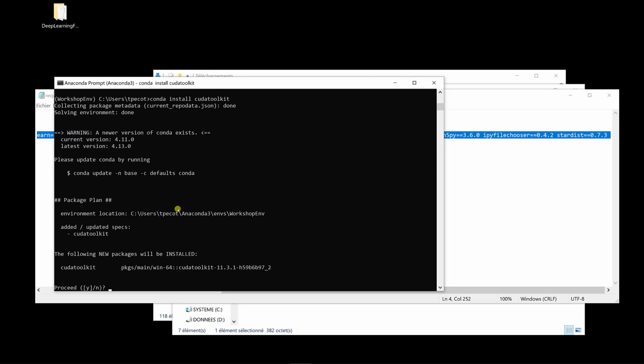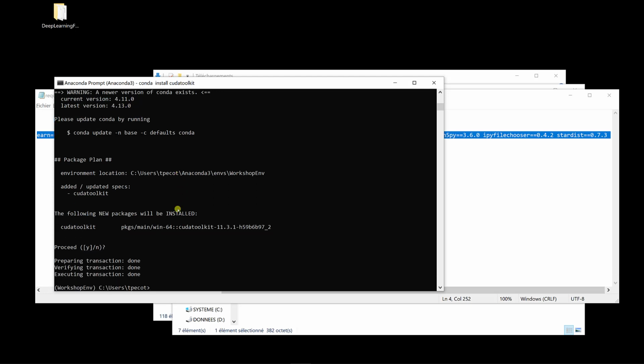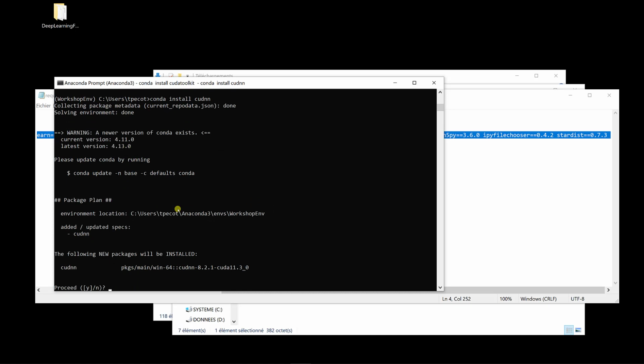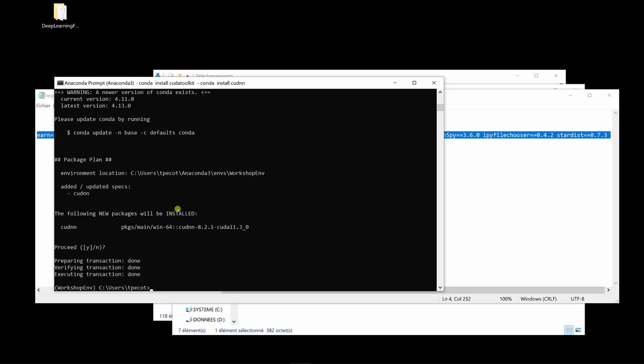So here it's asking you if you want to install them, so you just say yes, it's fine. And the last thing is to install CUDA, which is also required when you want to use CUDA. So you do conda install CUDA, okay, say yes, and now you're done. Everything is installed, so you can now use notebooks to run